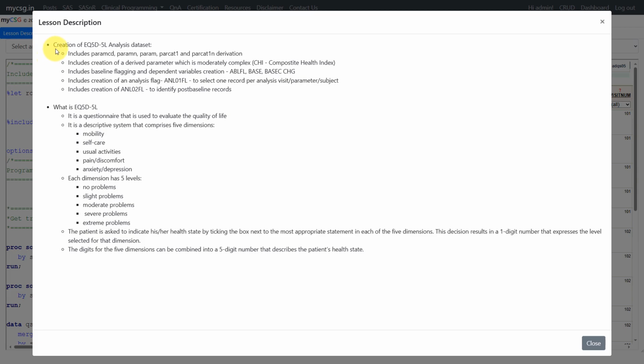Here we will see creation of the EQ5D-5L analysis dataset. It includes derivation of PARAMCD, PARAMN, PARAM, PARCAT1 and so on. It also includes creation of a derived parameter which is moderately complex. The derived parameter is the composite health index. We will be using the information collected in our questionnaire dataset, so we will create parameters for individual collected tests, and we'll also create a derived parameter which is called composite